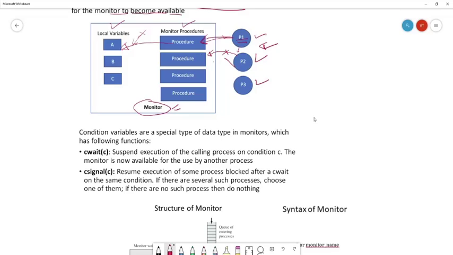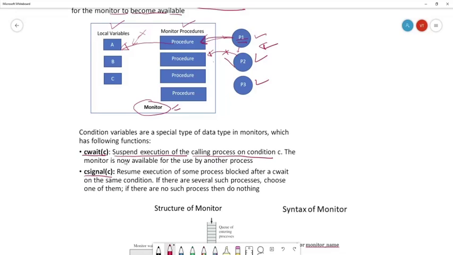Condition variables are a special type of data type in monitors. Here we have shown that there are two operations, c wait(c) and c signal(c). What is the function of c wait? It suspends the execution of the calling process on condition c.